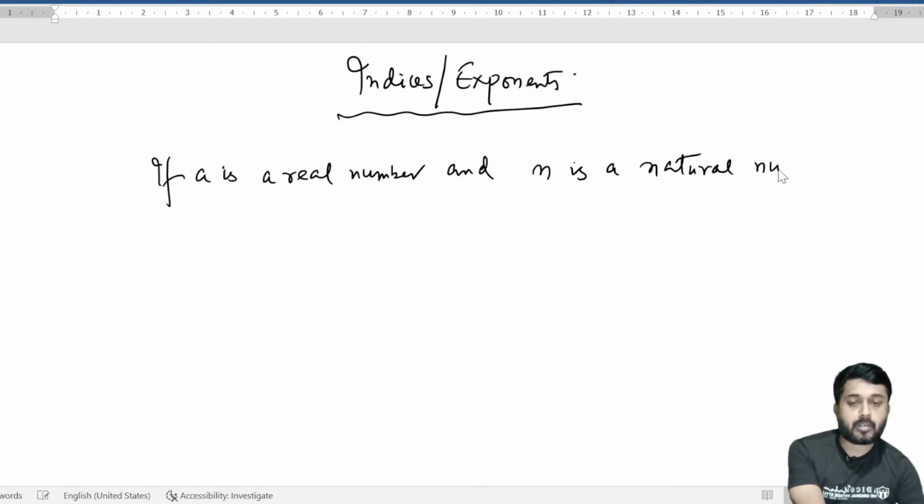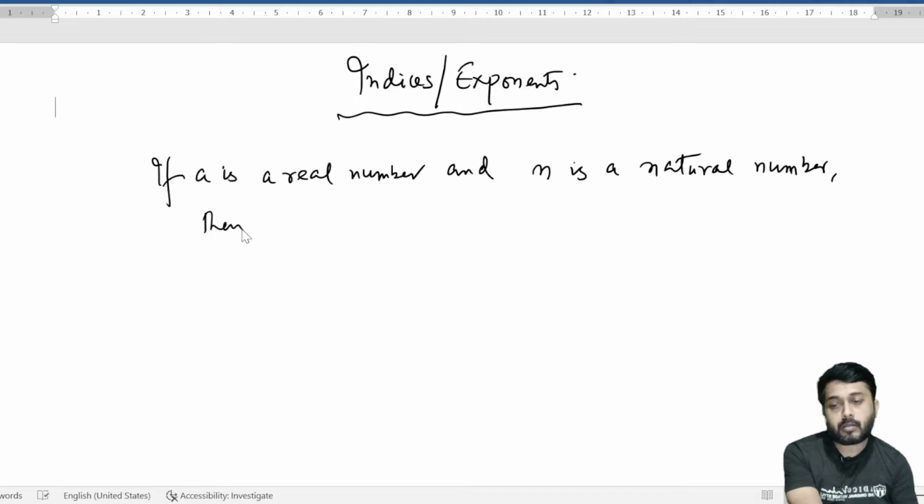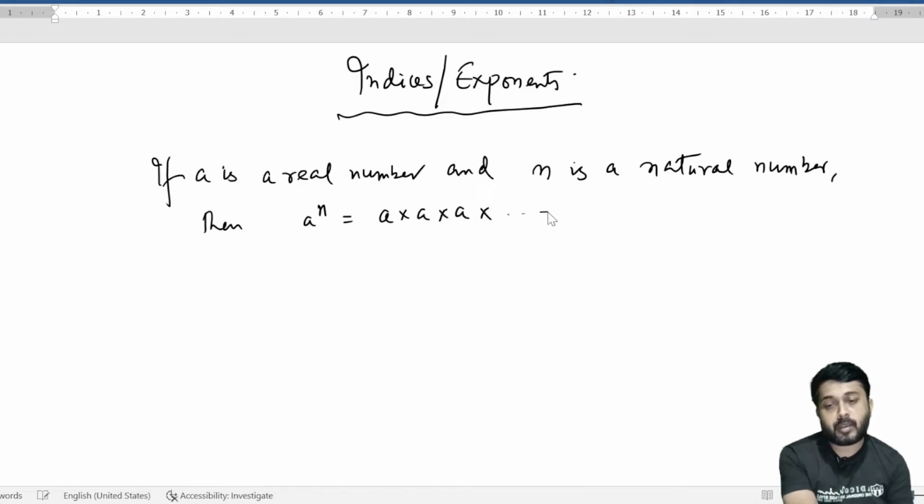Then a to the power n, what does that mean? A multiplied by a multiplied by a in this way